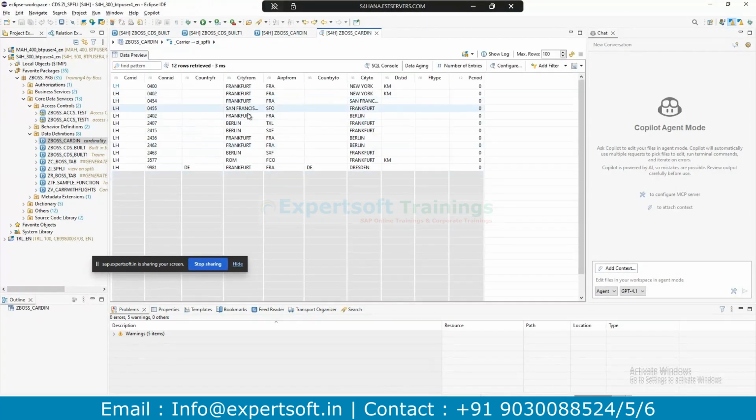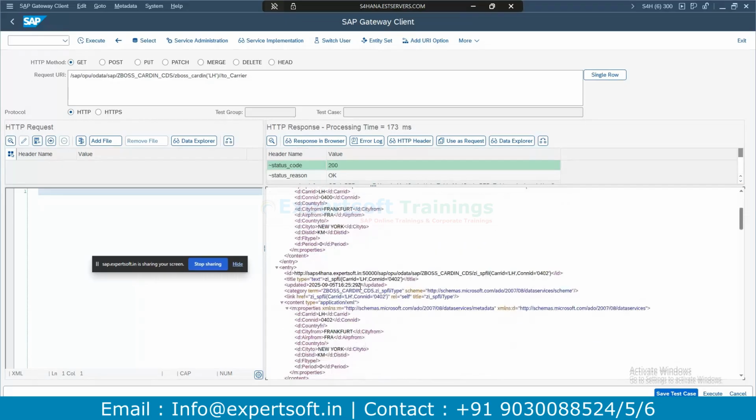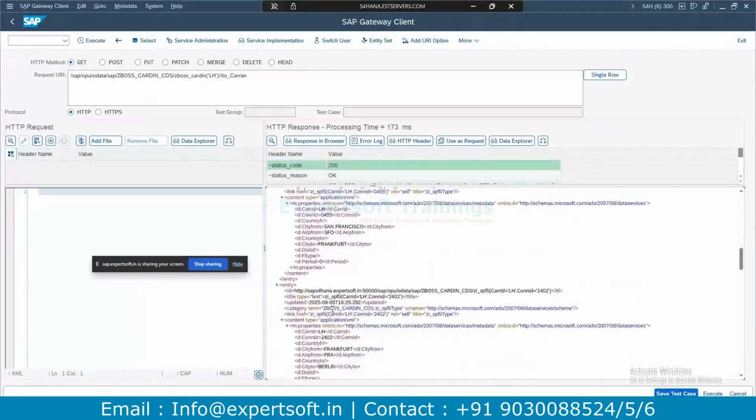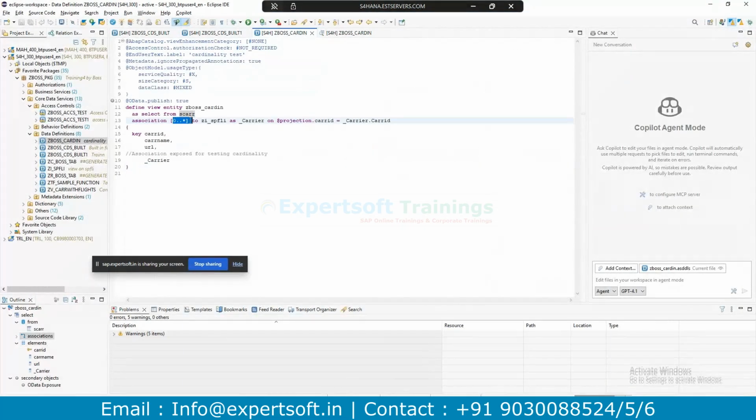So to know the real example, I created a CDS and an OData service on top of the CDS view to test it out. And now I'm adding the association to carrier. I followed the association. See, LH, all the LHs come. Currently we don't have any issues. Why? Because the cardinality, as I mentioned, is 0 to star. So now I'm mentioning it as 0 to 1.